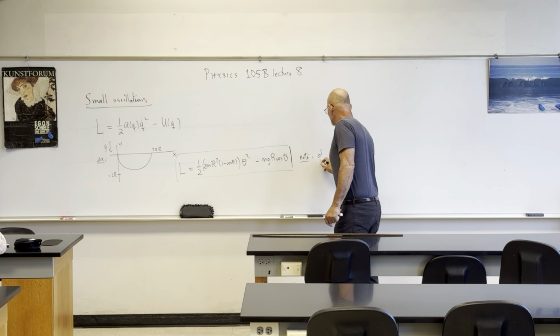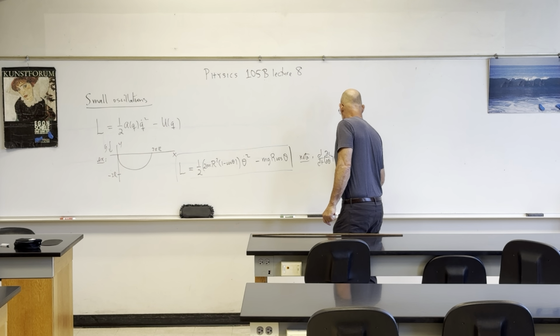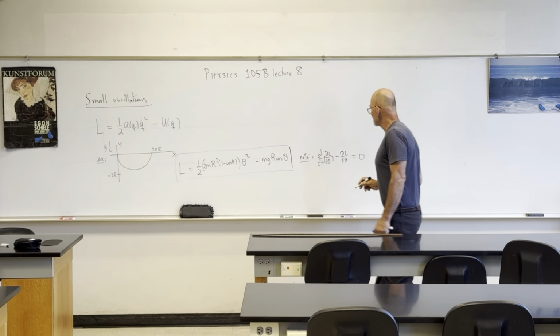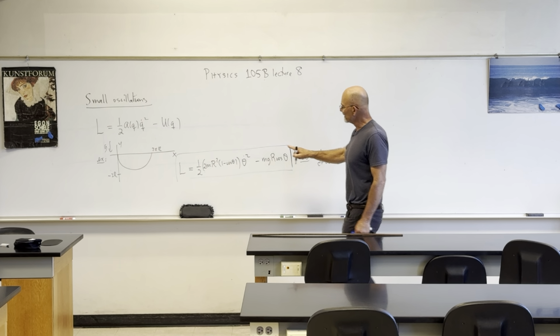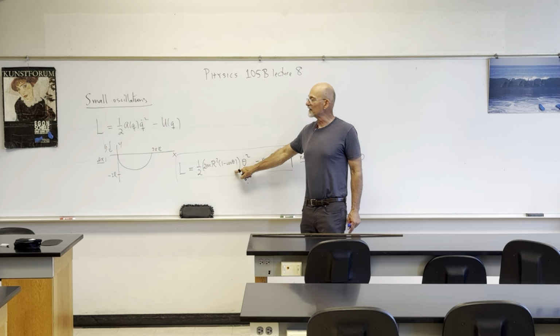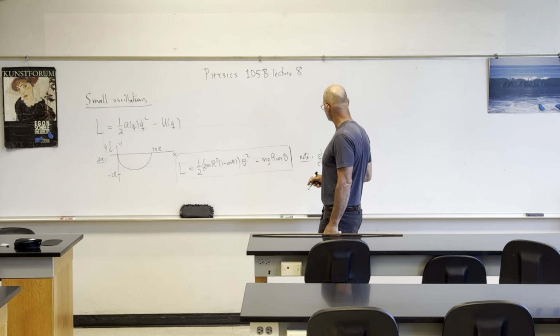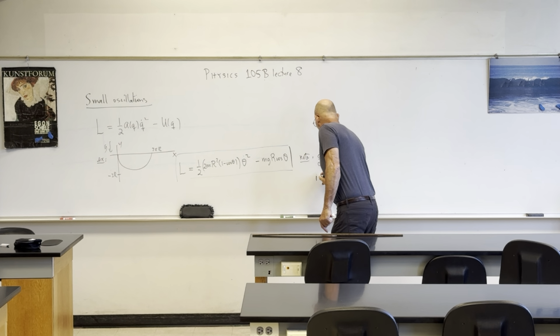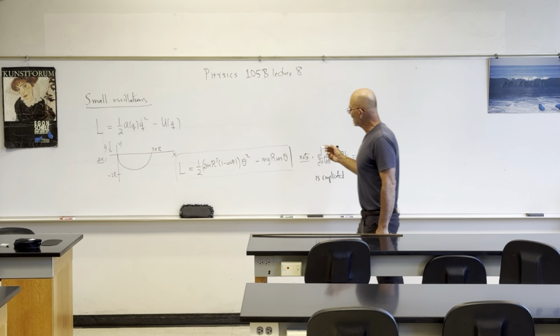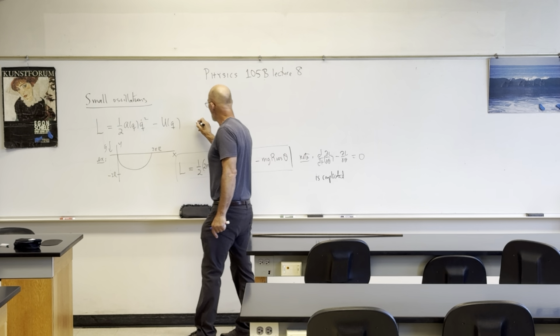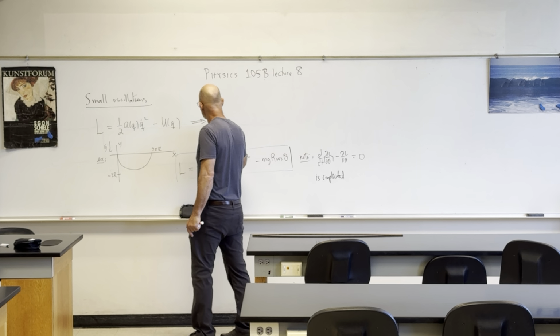If we do d over dt, dL d theta dot minus dL d theta equals 0, that's the Euler-Lagrange equation. You're going to generate a lot of stuff because you've got this A of q here. So I'll write this, it's complicated. So what we do is we produce the small oscillations Lagrangian,